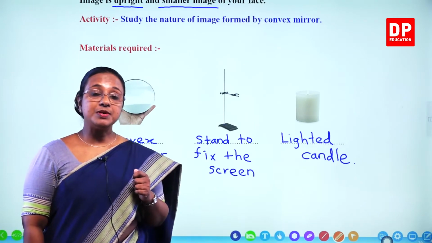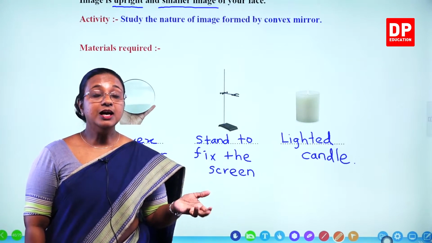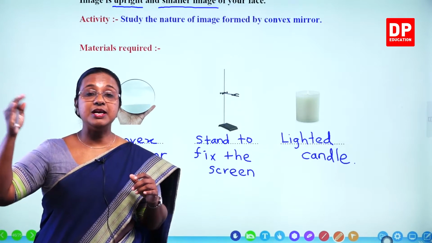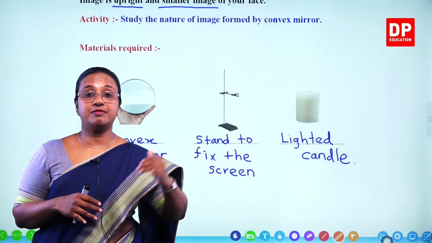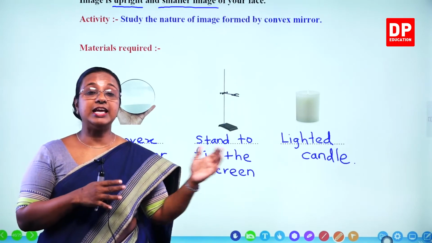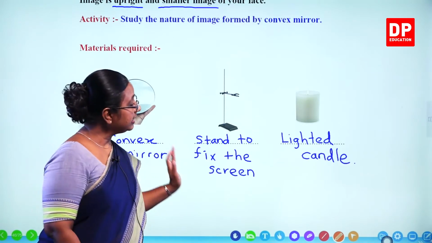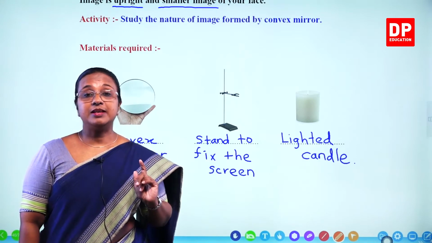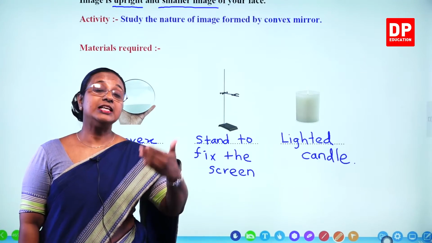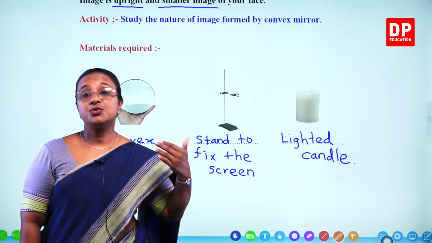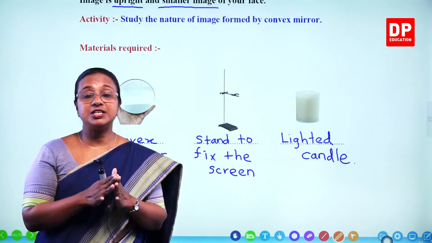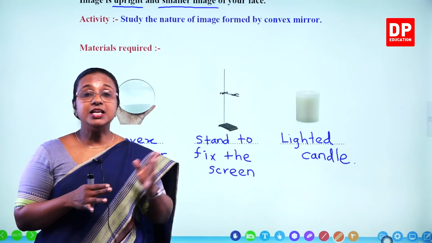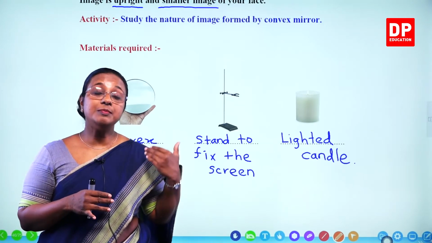If you can remember, students, earlier with the concave mirror, we were able to focus the image of an object that was far away, outside the window, and get it on the screen. But here we cannot do that. Why? In a convex mirror, the focal point is inside the mirror. So there is no way we can measure the length between the mirror and the focal point by doing an activity similar to the previous one.